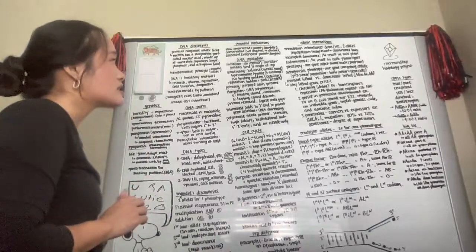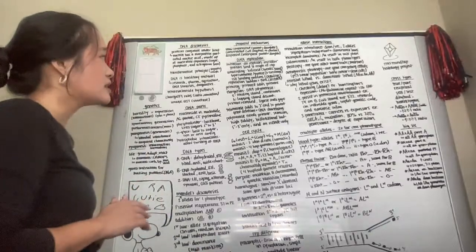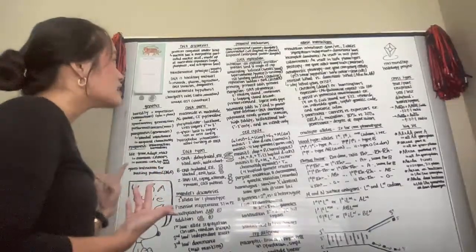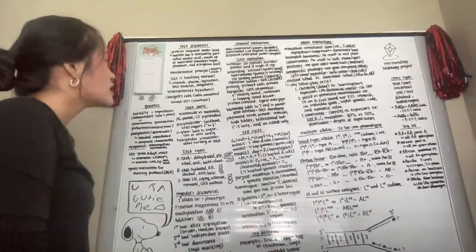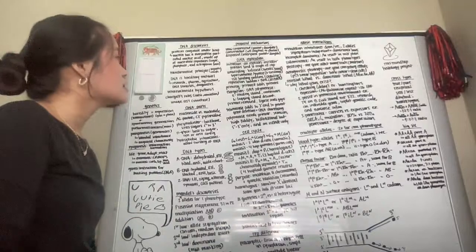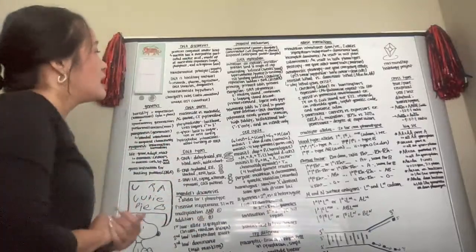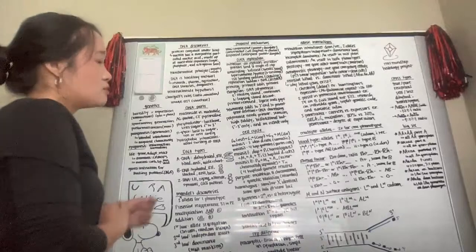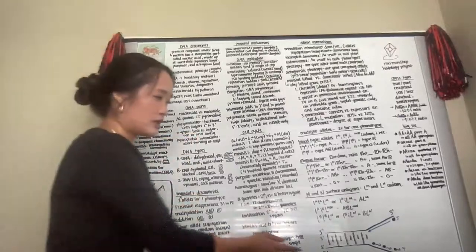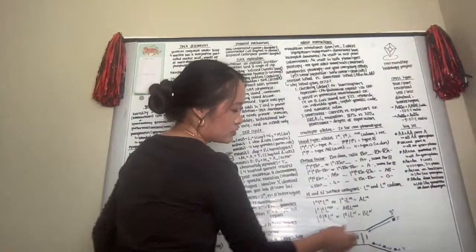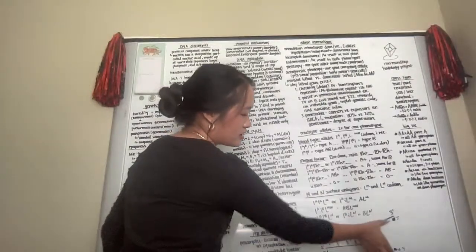Topoisomerase or gyrase will reduce the torsional strain between bases. This will allow the helix to unwind. And then the single-strand DNA binding proteins will help stabilize the DNA until elongation. This all will create a replication bubble and a fork. So you'll see right here, this is the replication bubble, and this is the replication fork that will separate the double-strand DNA into single-strand DNA.